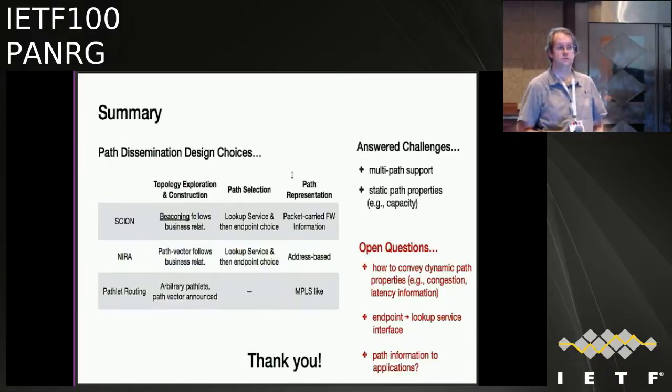Is there a difference between kind of soft path-aware networks in which I can get away with just knowing a little bit, and maybe a world in which path awareness is critical to be able to use it well? So how does that work? I don't know. Do you have anything you want to say on that? I'd take that down as an open question, but if anybody from that table has a comment, feel free to make it. I think it's an open question. I think it's something we need to go think about.